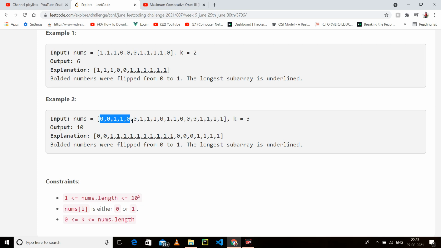But if we flip these 2 zeros and this 0, we have a complete window of length 10. So we will have this complete one, and this also gets included. So we have consecutive ones of length 10.